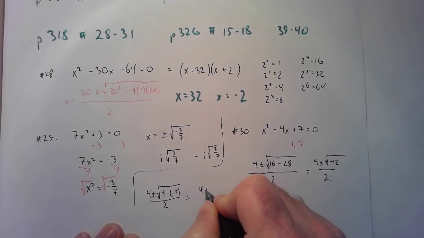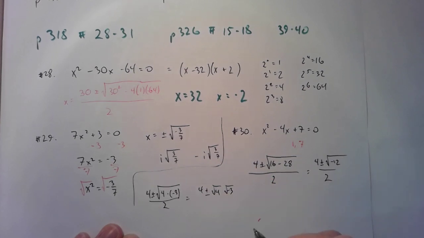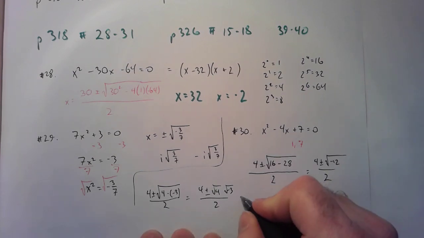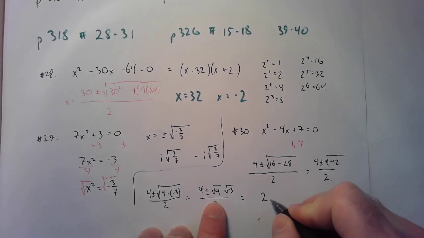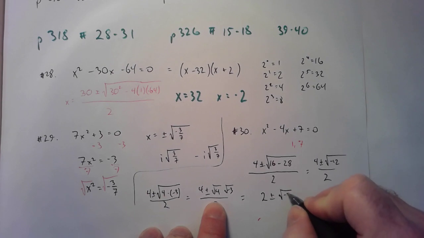Okay, so that's 4 plus or minus the square root of 4 times the square root of negative 3. See what I'm doing there? The square root of 4 is equal to 2. So if I cancel out a 2 on the top and the bottom, I've got 2 plus or minus the square root of negative 3,